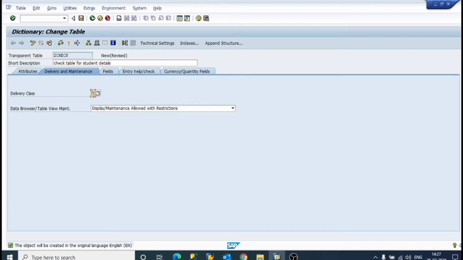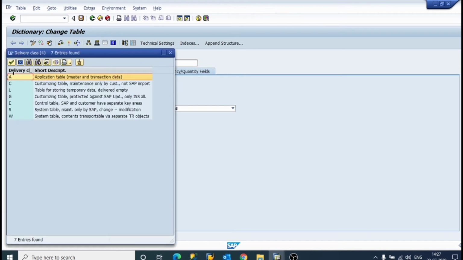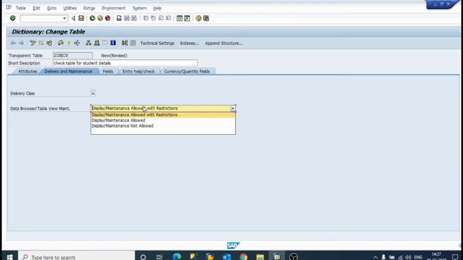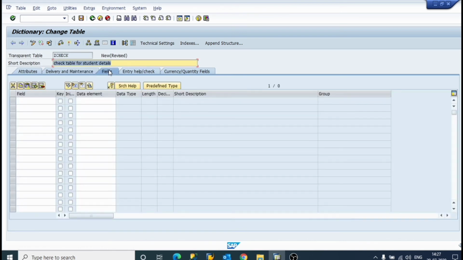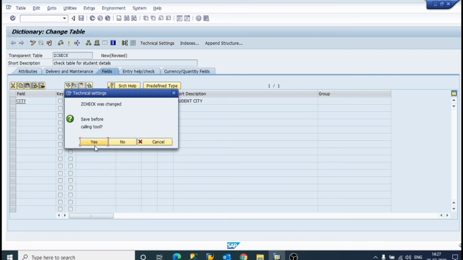Now delivery class: application table, maintenance allowed: yes. Now click on fields. First is city, student city. Now technical settings.